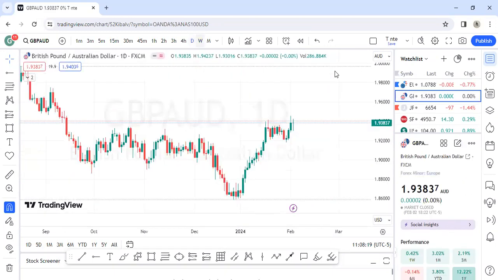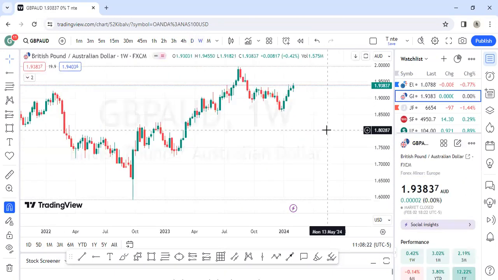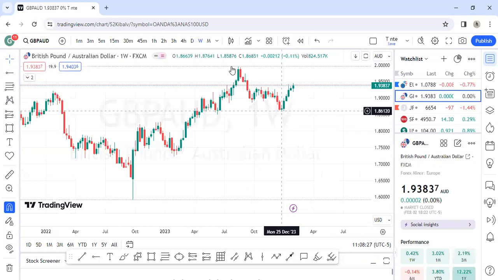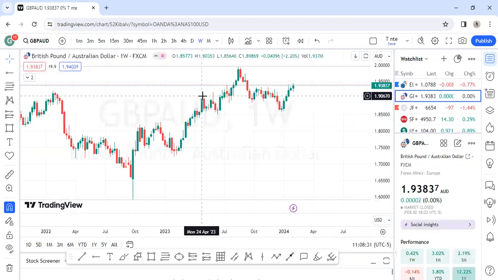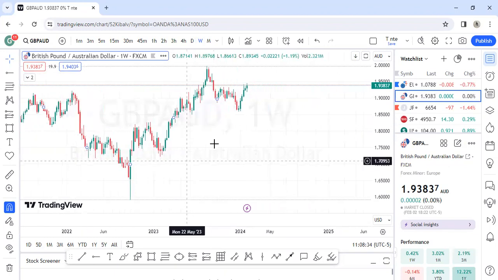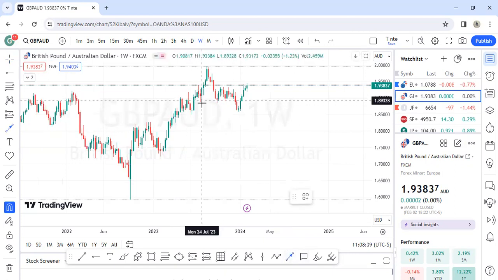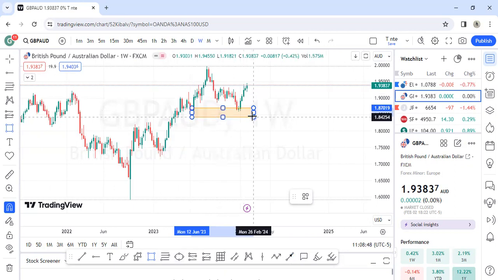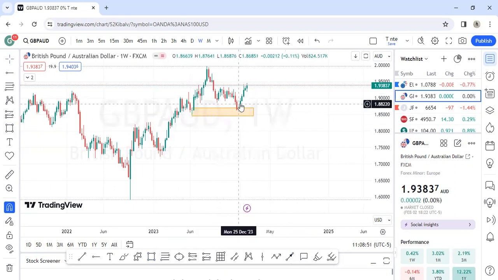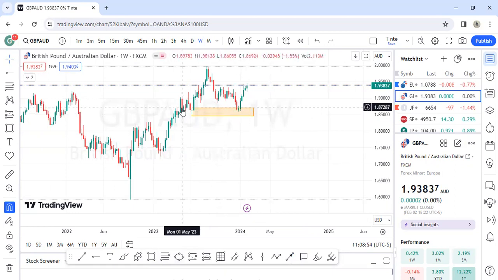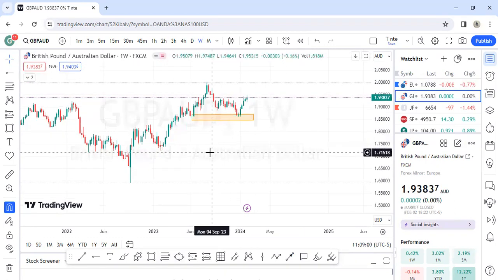So now for the British pound, the British pound has been very, very tricky. If you look at the British pound on the weekly chart, consider there's a kind of divergence on this. So let's also say we have that break of structure here. Although I wouldn't call it a break of structure, because watch this, there is a kind of demand zone I was tapping into at this point. So I think there's a kind of issue here because the market is respecting this demand zone, so be very careful with euro.